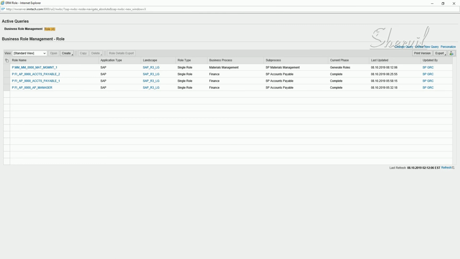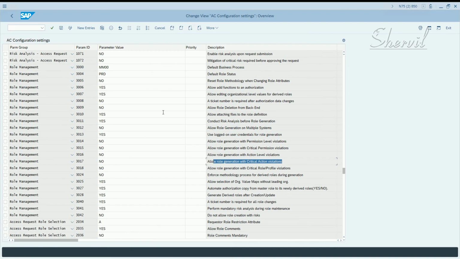Okay. So this is another example of how the configuration parameters control what happens in each of those access control tools, right? So what we saw is related to role management.